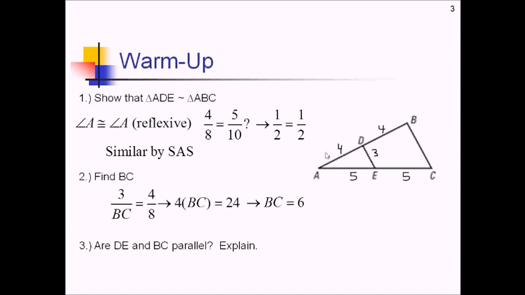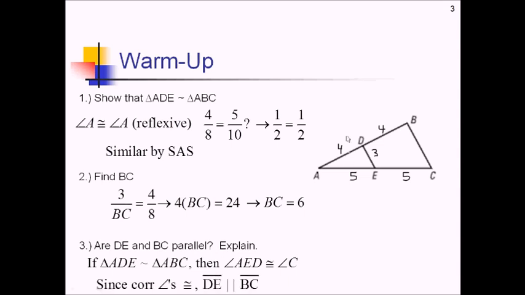Well, we know that angles ADE and ABC are going to be the same. Because the triangles are similar, that tells us that these corresponding angles are the same. But now these are also corresponding angles in terms of if we have two lines with a transversal. Since the corresponding angles here are congruent, that means that these lines have to be parallel. And hey, actually, as it turns out, we have just proved the whole midsegment theorem, which we're now going to